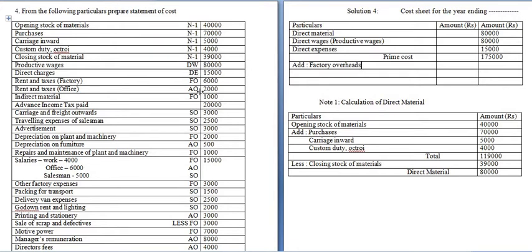Now wherever FO we have written, all such expenses should be taken under factory overheads. Okay, now go through the problem. So here they have given rent and taxes in bracket factory. Write down the amount in the inner column, 6,000. Now next, again where FO we have written, you have to check it. Indirect material, so write down. Okay, amount is 1,000.